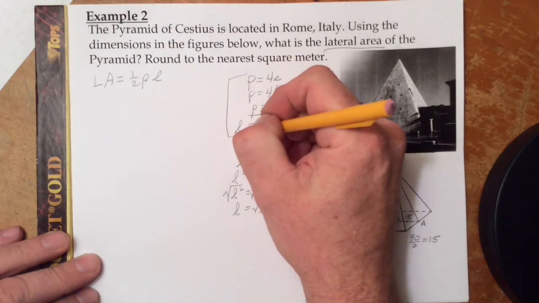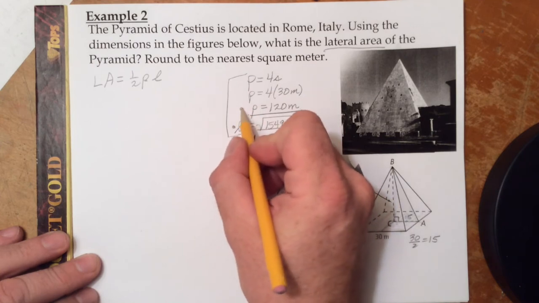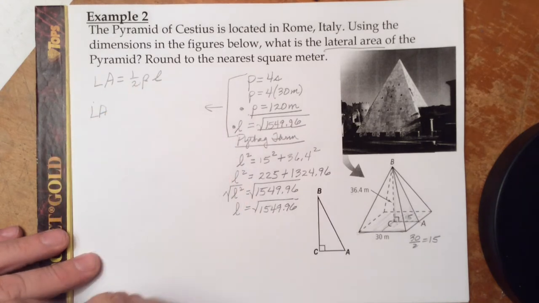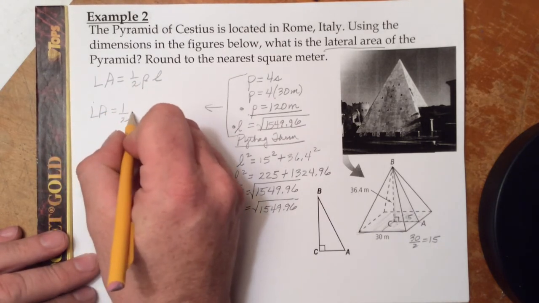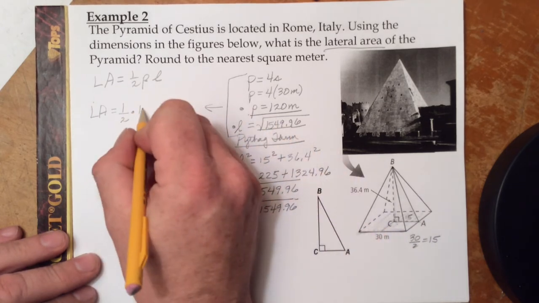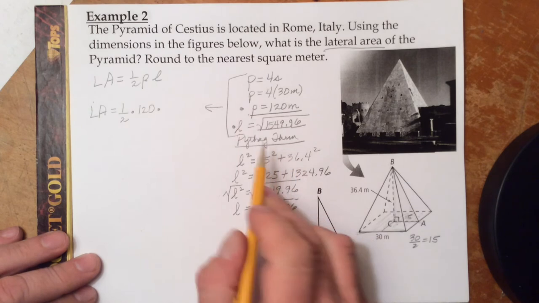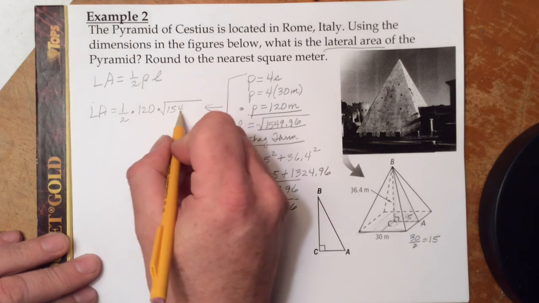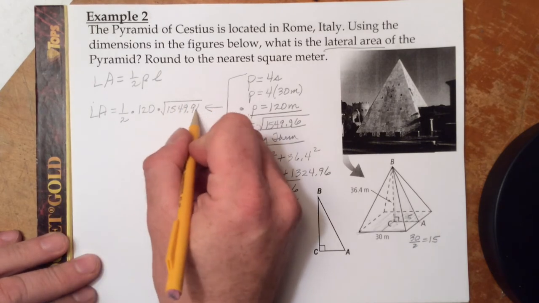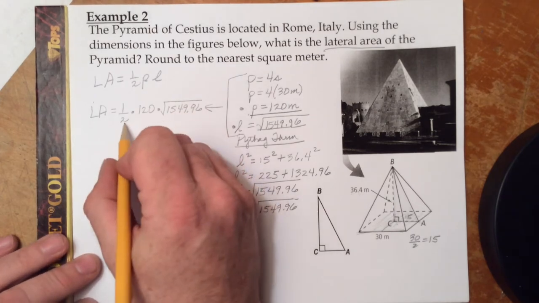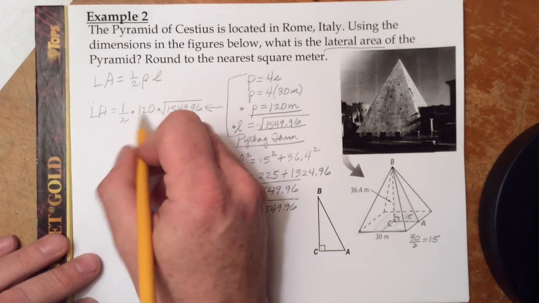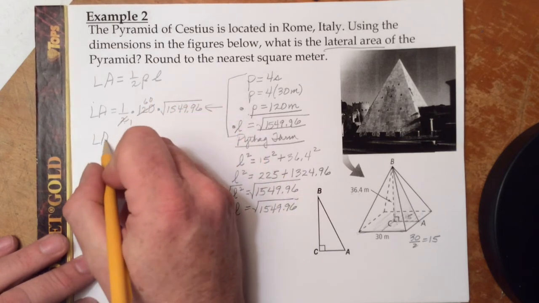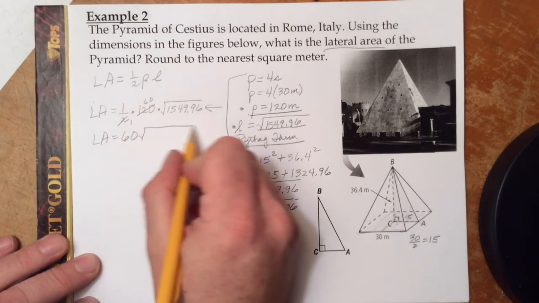So we have everything we need here. We have our slant height and our perimeter. So coming back over here, the lateral surface area is 1/2 times the perimeter, which was 120 meters, times the slant height, which is exactly the square root of 1,549.96. At this point, this is all one term, so we can take half of 120. 2 goes into 2 once, 2 goes into 120 60 times, so our lateral area now is 60 times the square root of